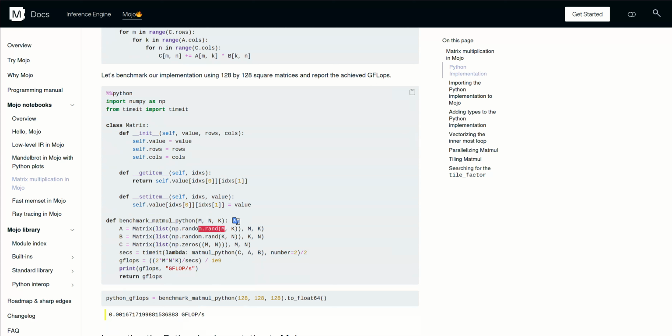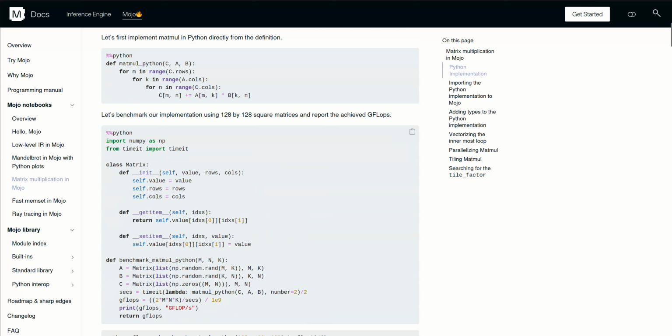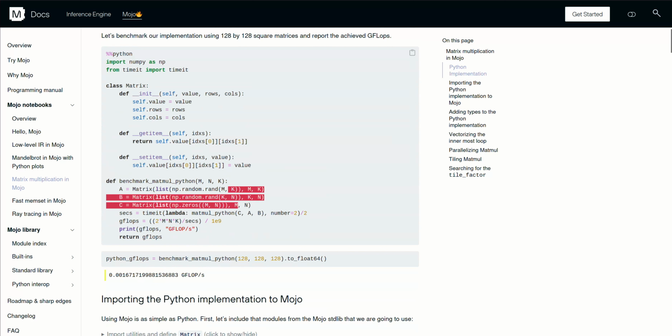We know that matrix multiplication is something that can be optimized by using correct data types because it's heavily dependent on cache hits. When you use bigger data types like float 64, you miss the cache more frequently. And yeah, they used float 64, and to be fair they divided their time by 2, but we know that